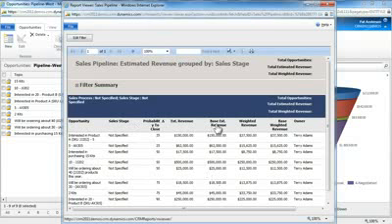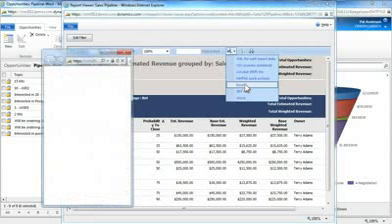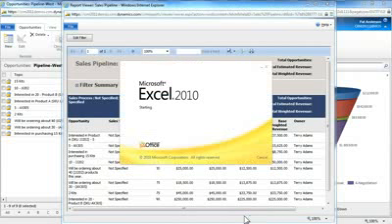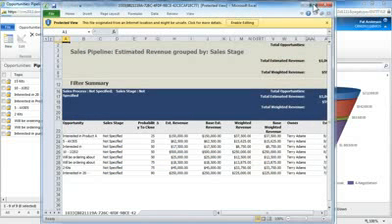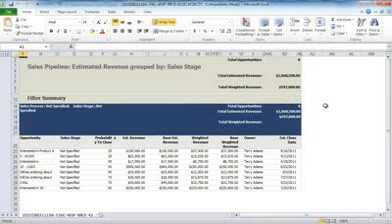I can slice this in different ways, sort it, and do things like print it or export it to Excel or Word or a CSV file. In this case, I've chosen to export it to Excel. Now that I'm looking at this in Excel, I could save this to my desktop, and you'll also notice that